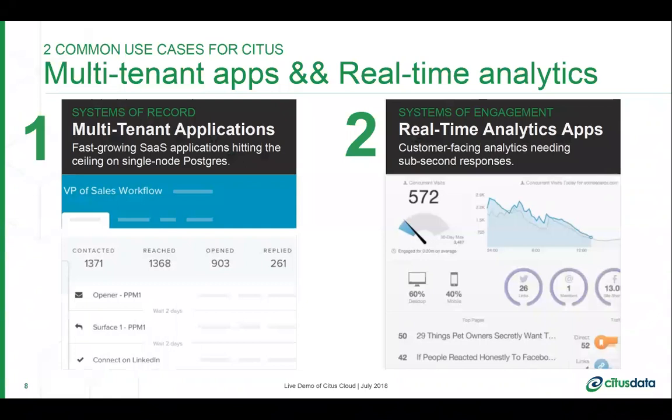If you're not very familiar with Citus, there's generally 2 use cases where people use Citus. Overall, because Postgres services a wide variety of use cases, the same thing goes for Citus as well, because we scale Postgres out. But if you look at patterns, there are 2 which are major. One is multi-tenant systems of record. So these are fast-growing SaaS applications which are hitting the ceiling on single node Postgres, whether that's due to performance, whether that's due to the amount of data or the concurrency. So Citus helps you to use the power of multiple nodes to continue to scale without having to re-architect your